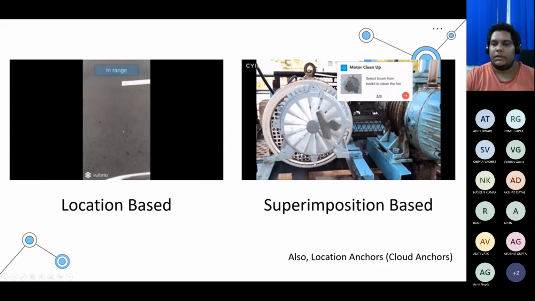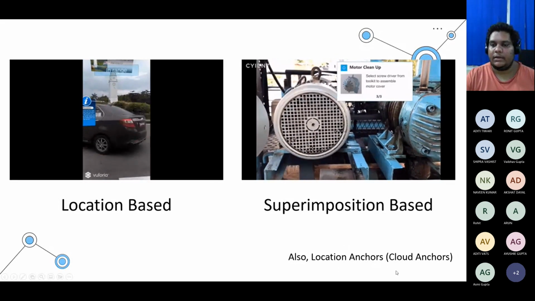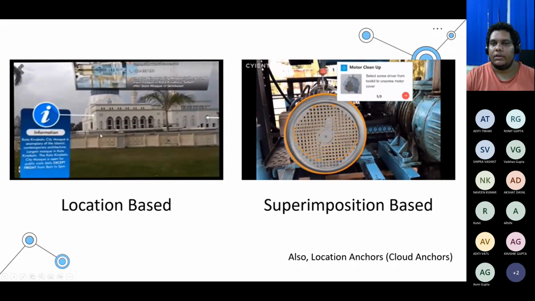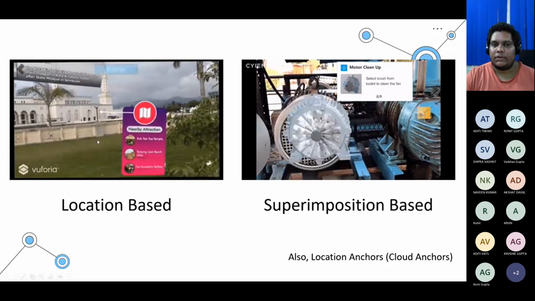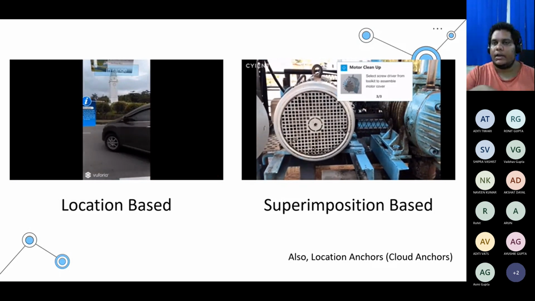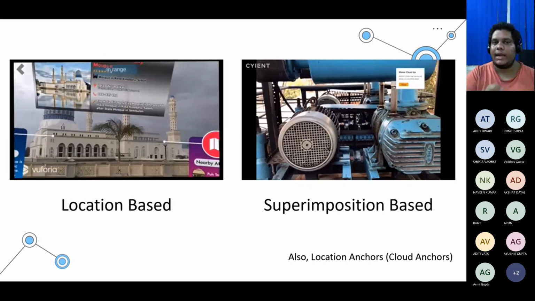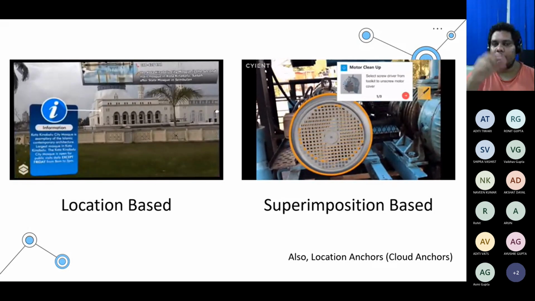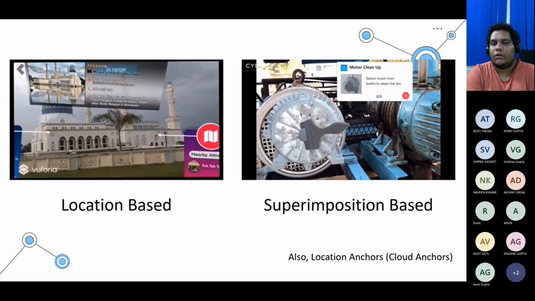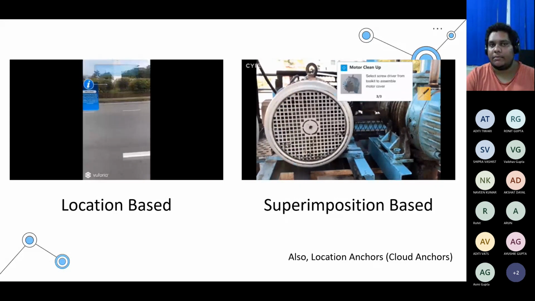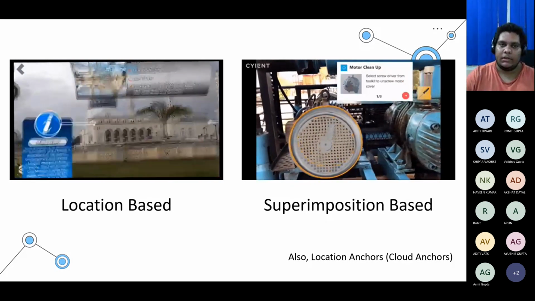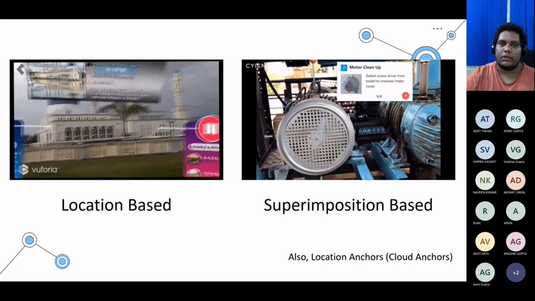And then finally here I've written also location anchors and cloud anchors, which is similar to location based, but cloud anchors with location anchors would mean that anyone can come here and see the same thing. If I add something there, then another person can come to that location and see the same thing from their application as well. That is what a cloud anchor means: a public AR based setup where whatever I add in an environment at any location, another person within that application is also able to come and see.